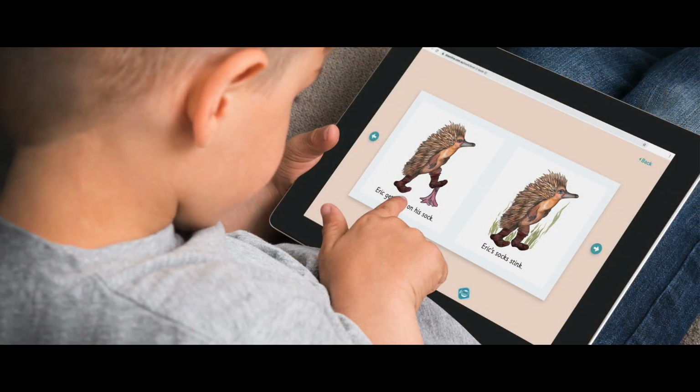Now here at Decodable Readers Australia, our online library is the best way to do that. You can read the physical books in the classroom and then have digital access where students can read the exact same book, and you can lock and unlock books in our digital library,